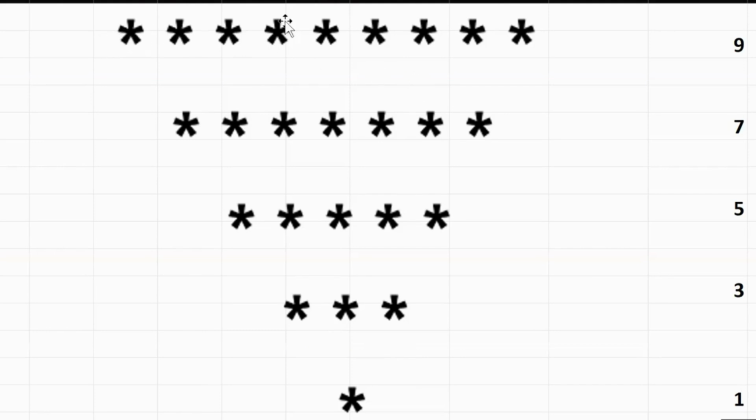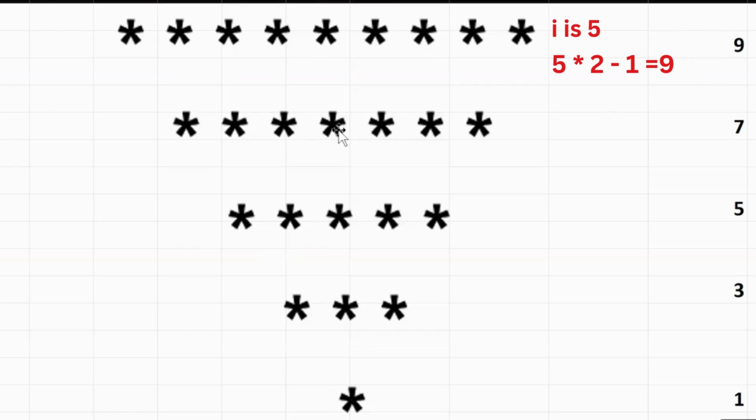Now let us try to understand the conditions here. If you can see, 9 stars are printed in our first row. So how can we relate this? First of all, we'll take a reverse for loop which will run 5 times and it will be 5, 4, 3, 2, and 1. When the loop variable is 5, then the number of columns should be 9. Now how can we relate this? When you multiply 5 by 2, it becomes 10. And 10 minus 1 is 9.